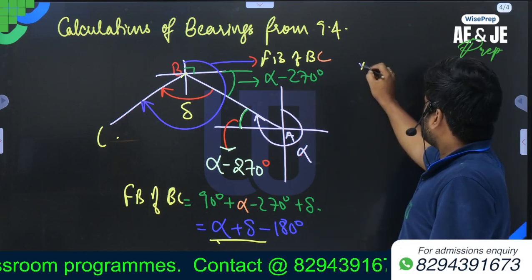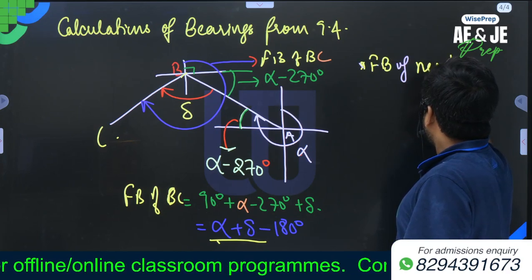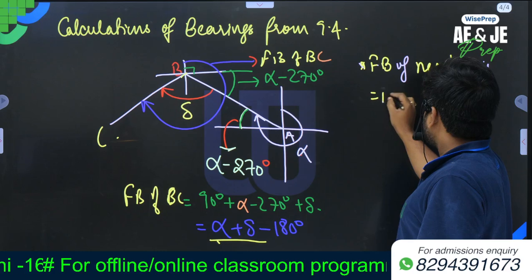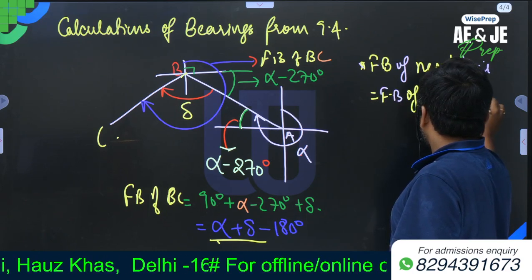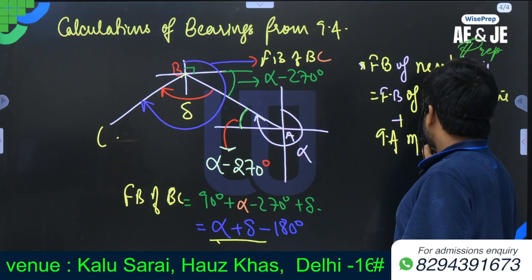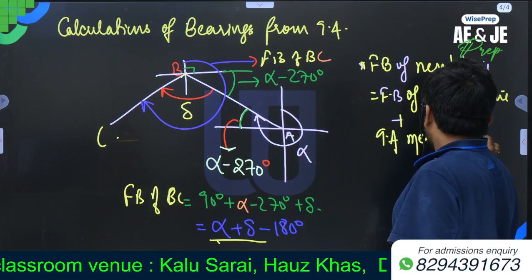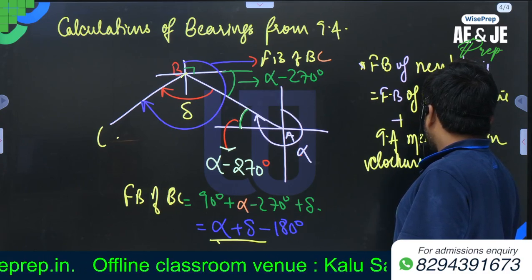We are observing that fore bearing of next line is equal to fore bearing of previous line plus included angles measured in clockwise direction